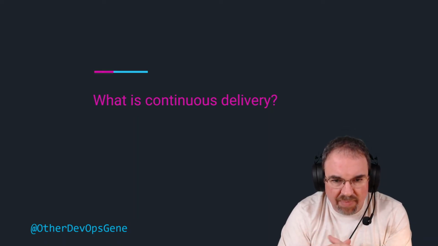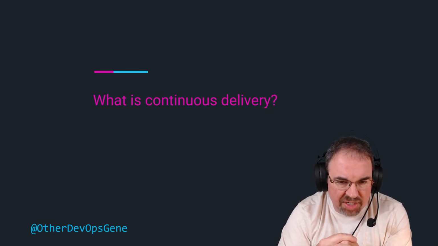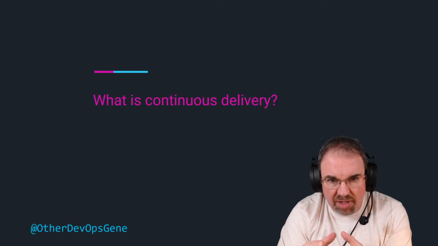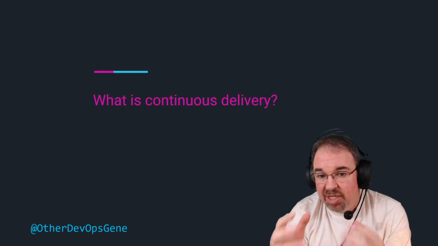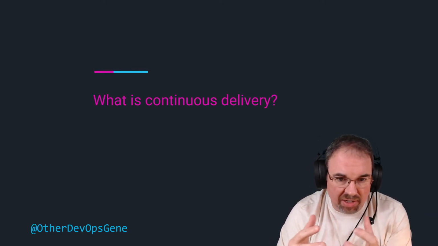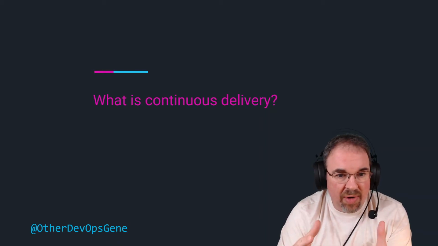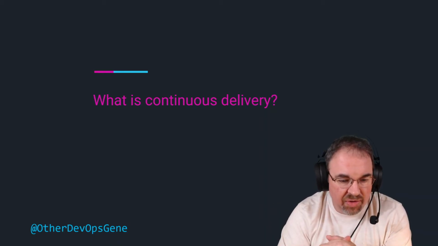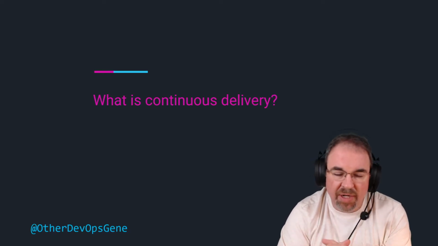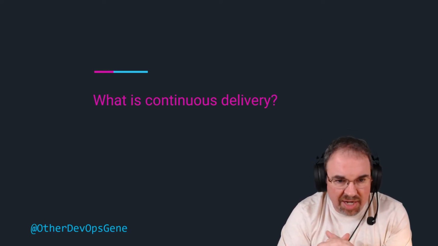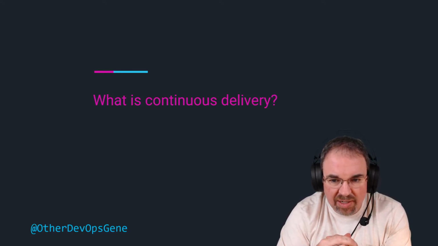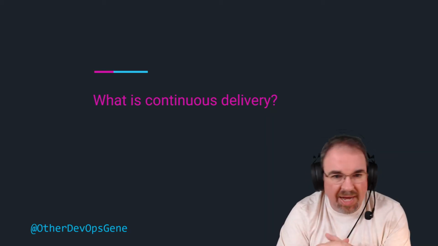A lot of times we talk about you've achieved continuous delivery when being able to deploy is a business decision, not a technical one. So if the product owner says, hey, can we take what you have ready this morning and push that out to our customers, push that out to production? If you can say, yeah, it's not going to take us much, it's just hitting the button, we're going to go ahead and send that stuff out, that's continuous delivery.